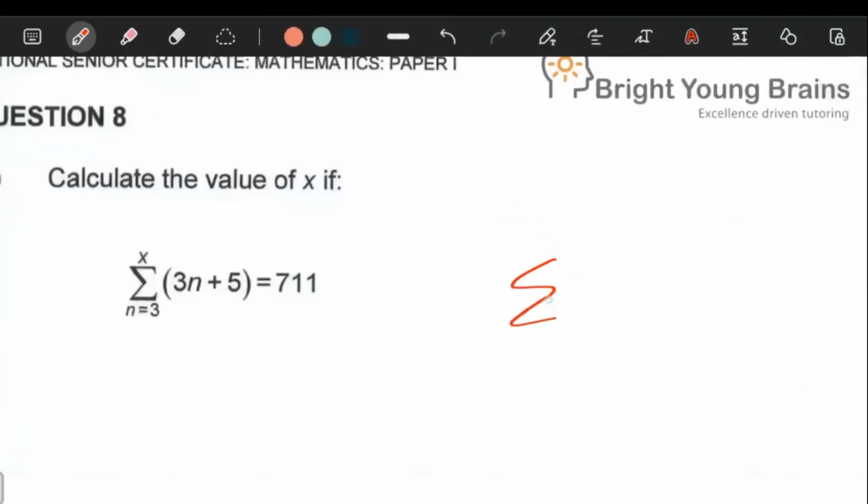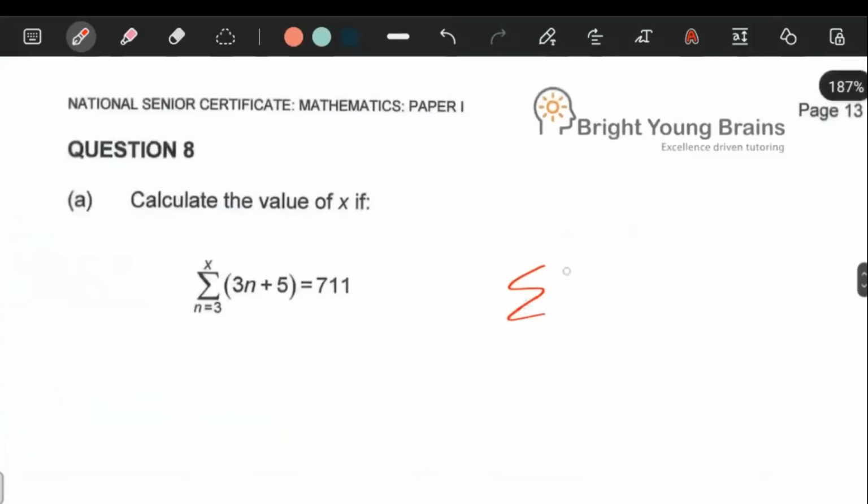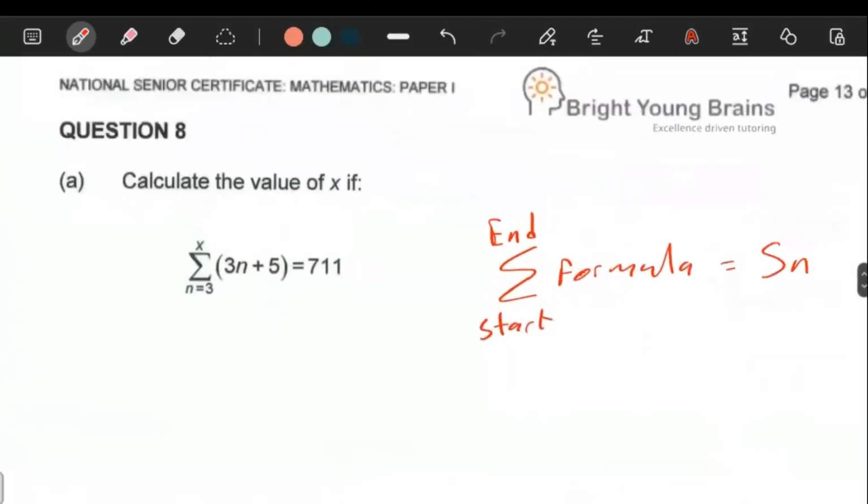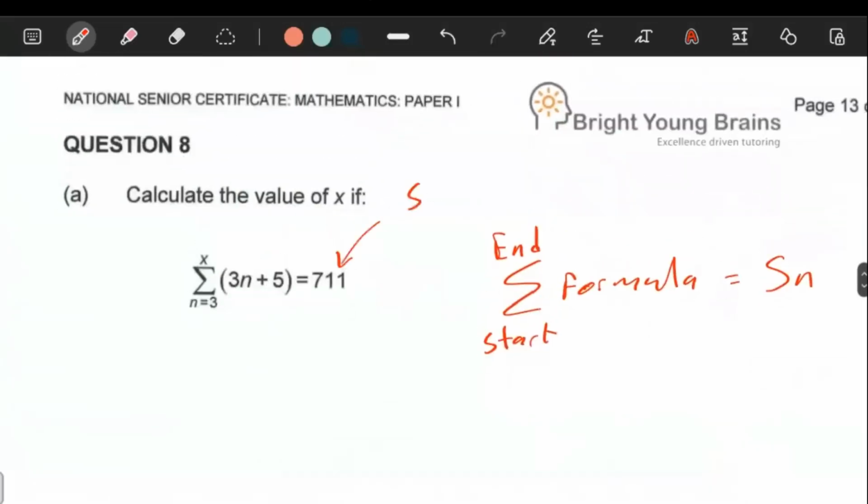Any sigma expression is in this format, right? You're adding up terms that are generated by a formula over here, starting from the value down here, ending at the value up there. When you add up those terms, this will be equal to whatever they add up to, which is your Sn. So in this situation, you have to keep in mind that they're just giving us an Sn value here, which is